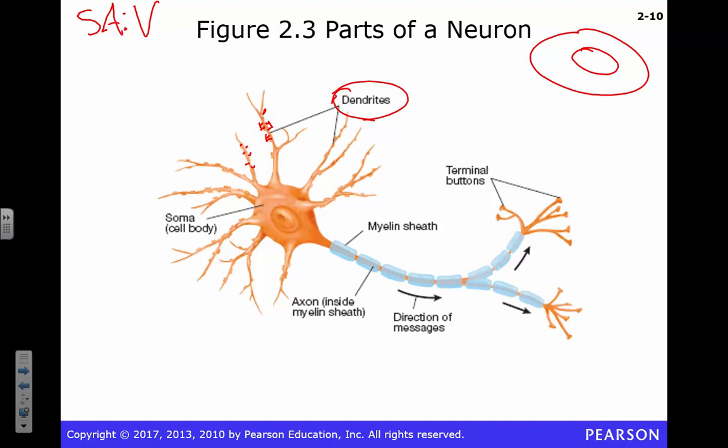Which is frightening. It is super small, and you look at that and you think, all of the information that my body collects is coming through that thing, and then all the commands going back out. It's amazing. So, we've got our dendrites collecting all of that information. We're going to talk more about this later. It's going to be electrical signals, right? In the way of ion movement in and out of this cell. We'll talk about all that. It's going to be exciting, I promise.